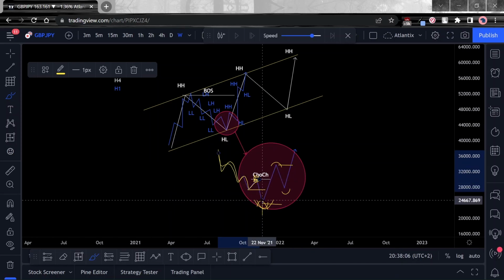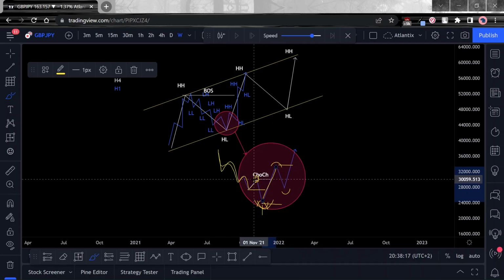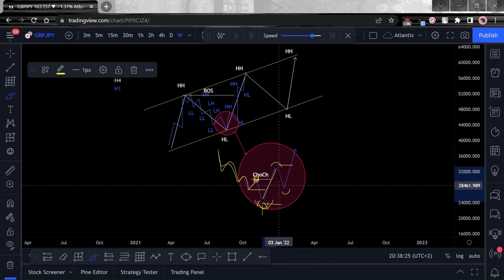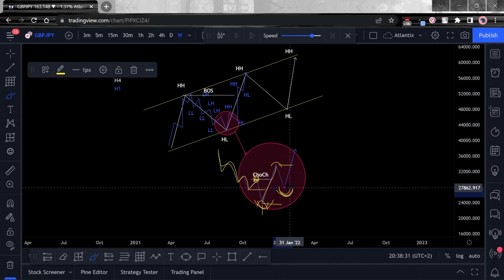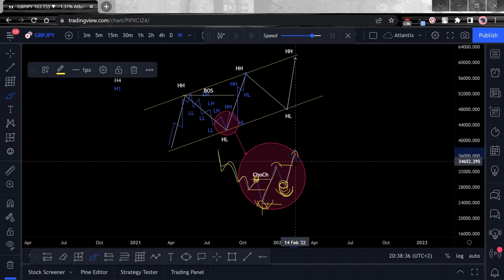And then when it creates this low here, at a point where we are anticipating this change to happen, the change comes in. We see a bullish change of character to indicate to us that the market might be shifting its structure, it might be changing its character. Then we anticipate price to create a higher low. When price creates this higher low, we find an entry somewhere in here and we move with price upwards.